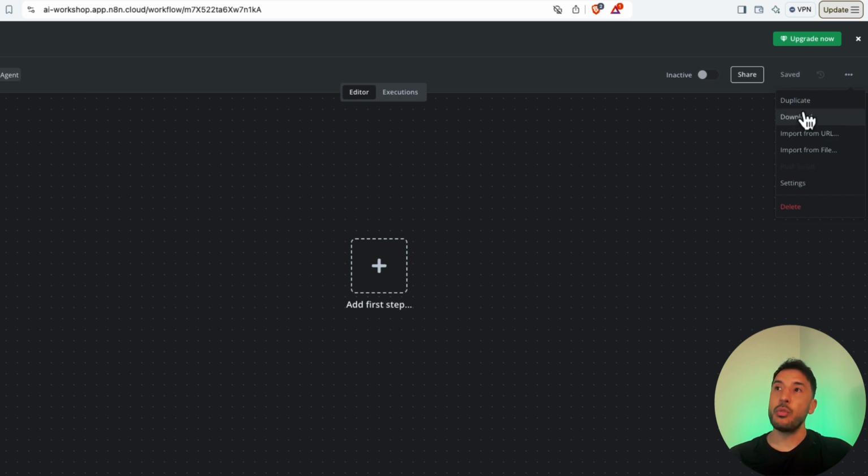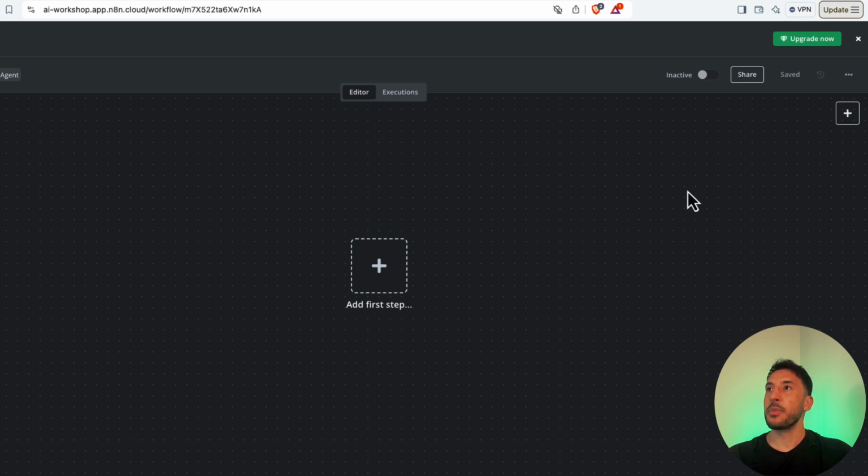And you can always download your workflow as well. So once you build your workflow, you can download it as a JSON file, and then you'll be able to import it or take it with you to another workflow and be able to put that in there as well. You can duplicate this workflow obviously, and then you can always delete it as well. Make sure you're always saving your workflow. That's a really good habit to have as you move forward and build your workflows. Make sure you're always saving it, because otherwise your progress might get lost if something gets closed without you doing that on purpose.